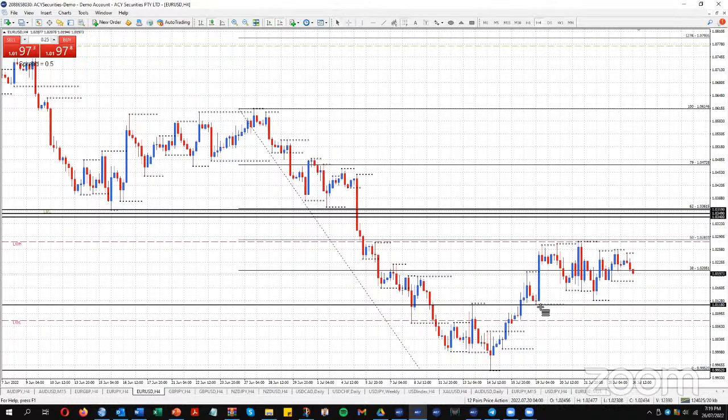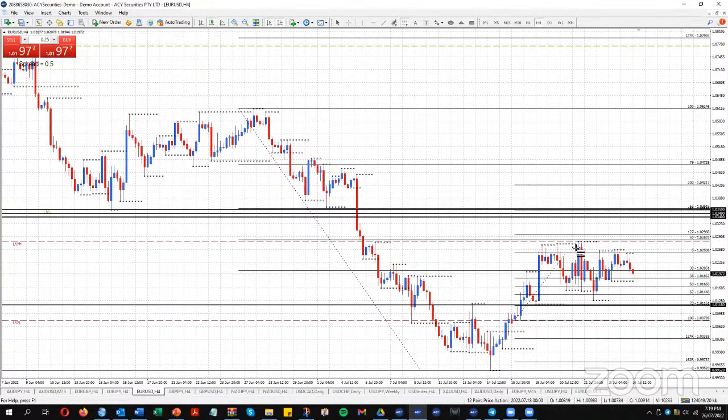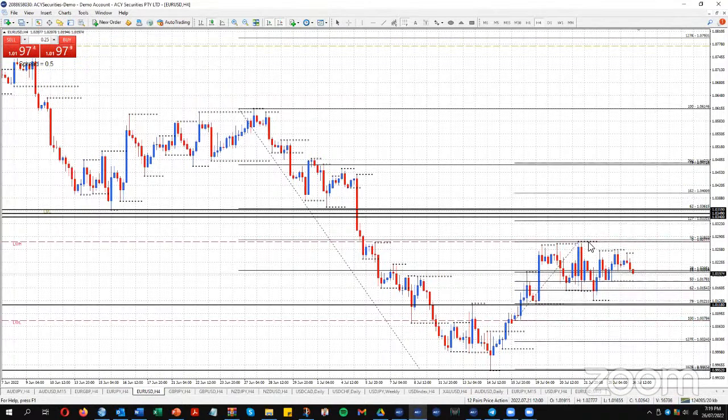Just going to put that fib back in that I was just discussing across last week's range. And what you'll see is, if we break above the top, the 127 extension of last week's range comes in at 103.31, close to the resistance level that I'm watching. So I'm waiting to see if price can get up to a higher level, a level where price is potentially stretched and we'll want to move back down from.